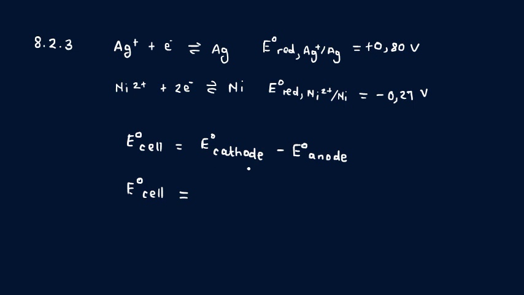We know that at our cathode we've got the reduction of silver plus ions. So that's E naught, the standard reduction potential of silver plus ions to silver. Then we need to minus from that the reaction that's happening at the anode, and that is the oxidation of nickel. But over here what we are considering is the standard reduction potential of nickel 2+ ions going